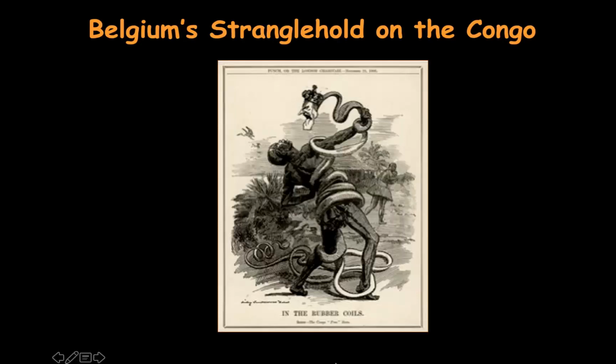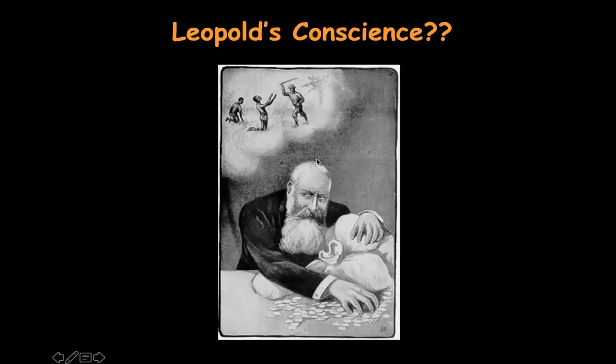More political cartoons, the rubber coils, the rubber snake here of King Leopold wiping out the poor people of the Congo, right? And you start to see these coming out a little bit later. There are people in other countries who are basically looking at the stories coming out of the Congo, and the Belgian Congo is far worse than some of the worst that the other nations are already doing in Africa. There's something about Leopold and the Congo where things are just much more brutal and terrible comparatively, even in the British and the French colonies.